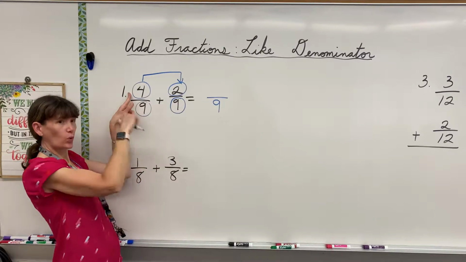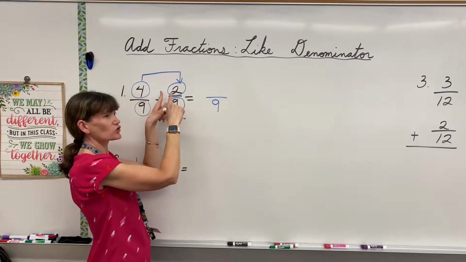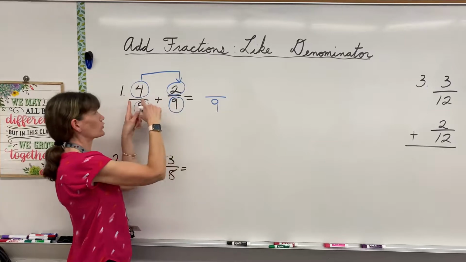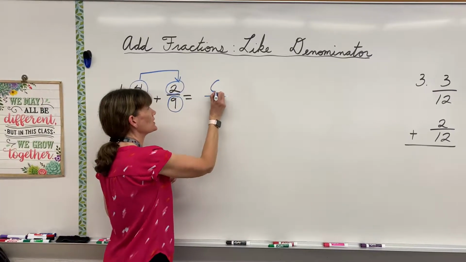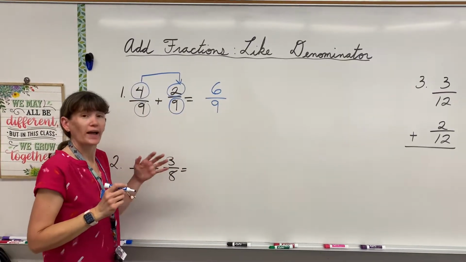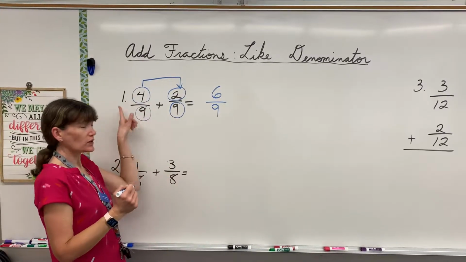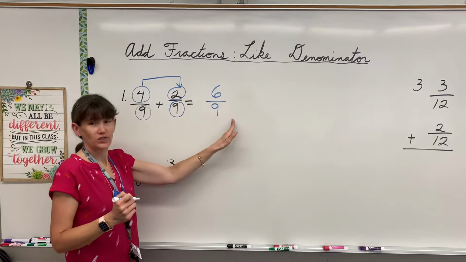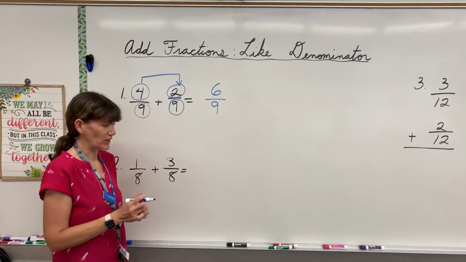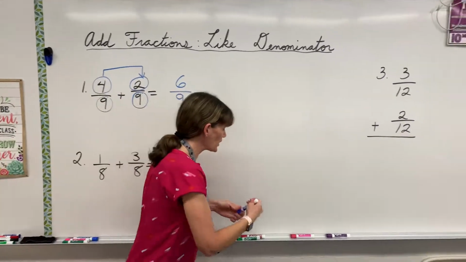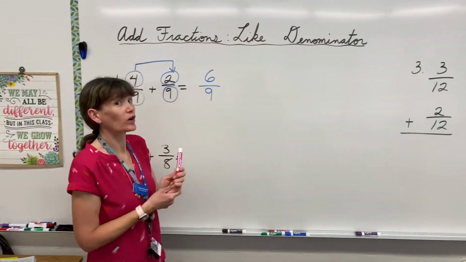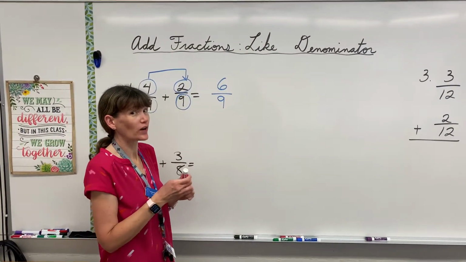This one has 4 shaded. This one has 2 shaded. So 4 plus 2 is 6. So I have 6 ninths. 4 here, 2 here, 6 total. The bottom doesn't change. Now, if you wanted to, we can work on that skill that we've learned already, and